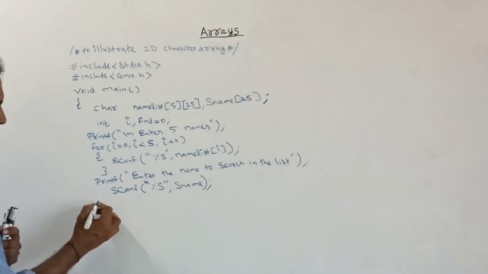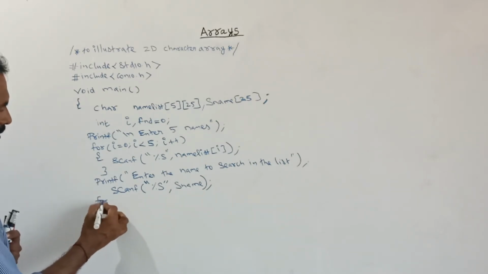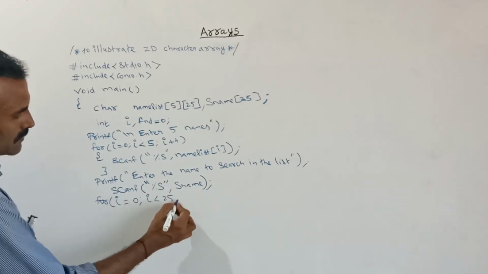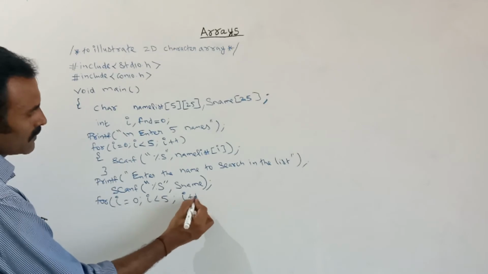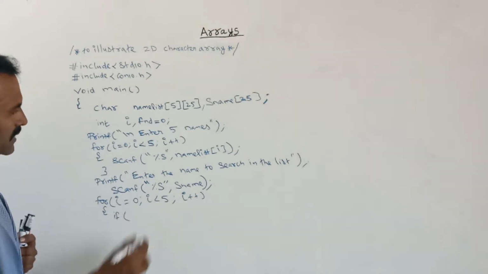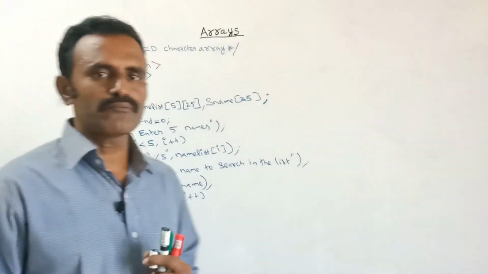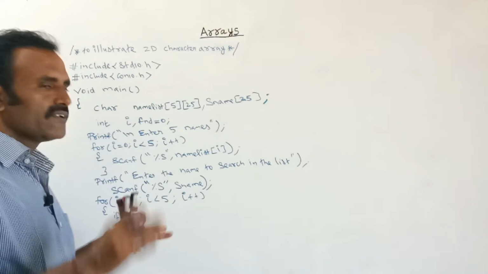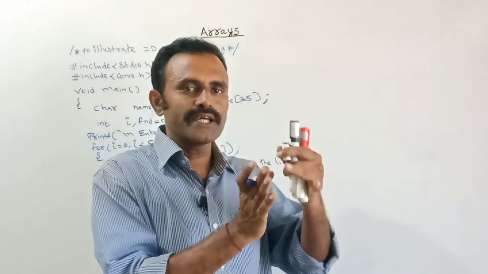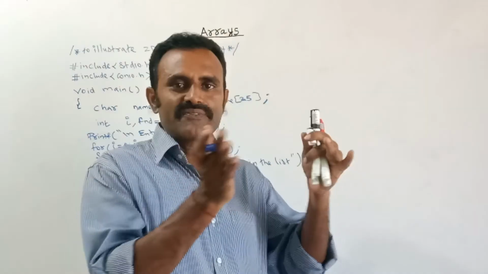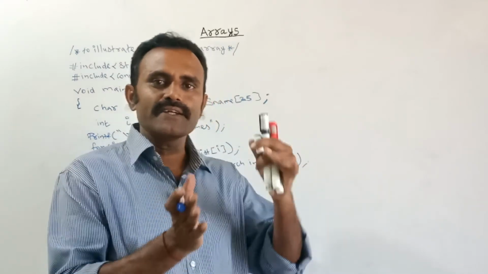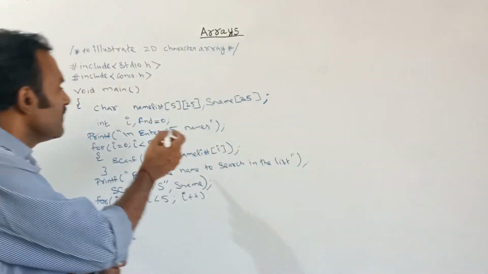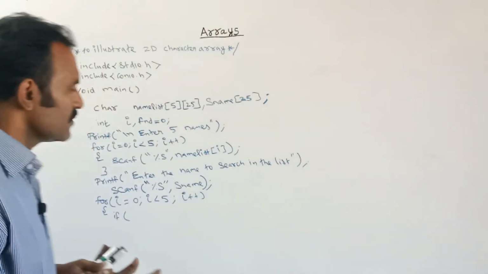After that I am using another loop, for I is equal to 0. Here we are going to use the string compare function. With the help of the string compare function, we are going to compare these two strings. That is, in the name list, by position we take a name and compare it with sname. If both strings are equal, then the given name is found, otherwise it is not found. If it is found, we should increment the fnd value by 1. Let us see it one by one now.